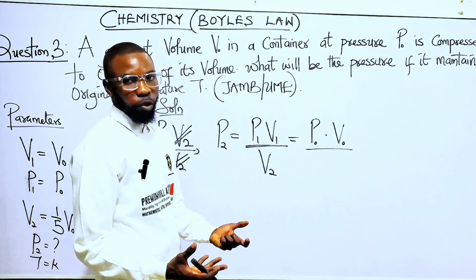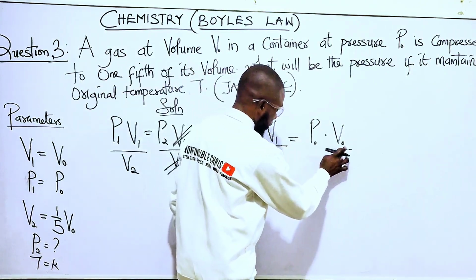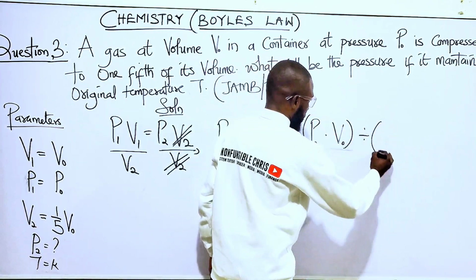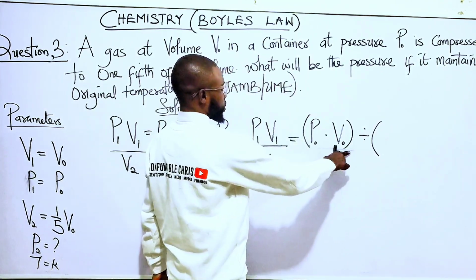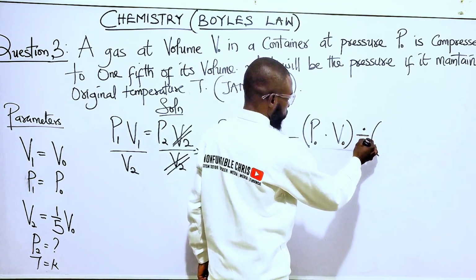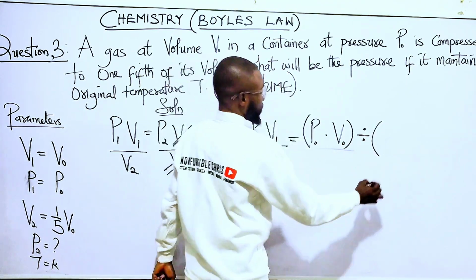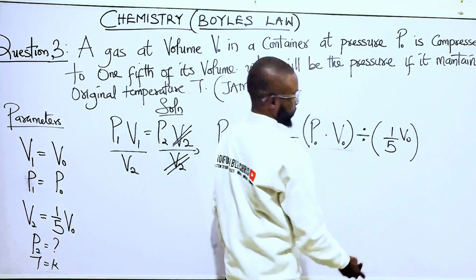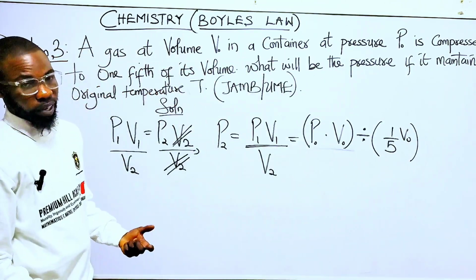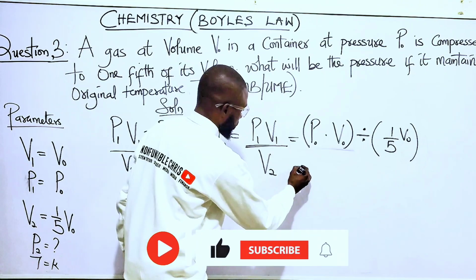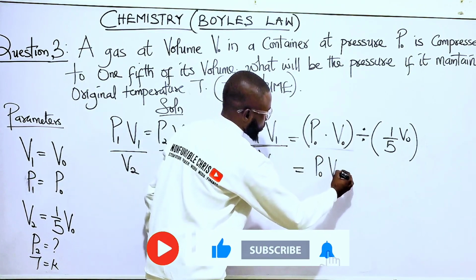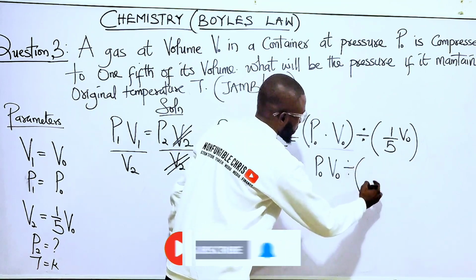Let me make it easier for you guys. This word over means to divide, right? So let's say this one divide by our V2. So instead of putting over, let's just make it easier by putting over what? 1/5 of what? V0. Very easy that way. Over means to divide. They're all the same thing. So just trying to arrange it. The answer there becomes P0 V0, right? Divide by 1 times